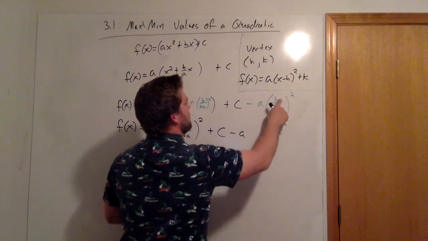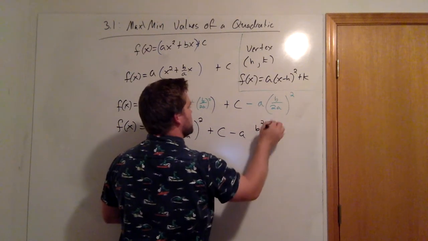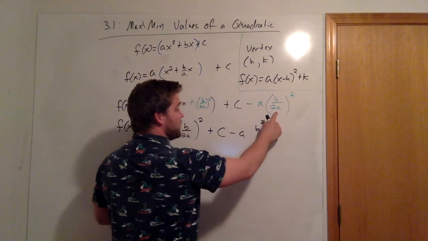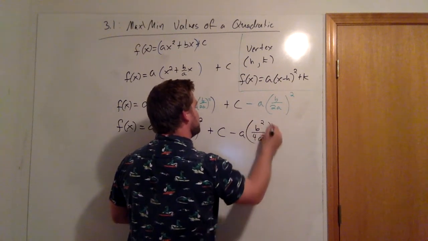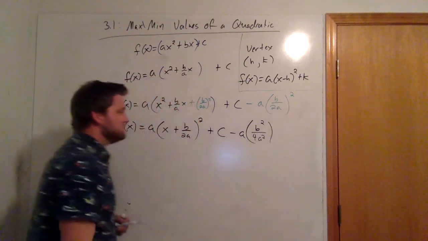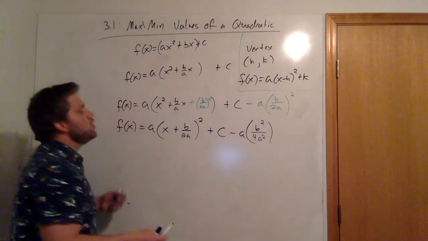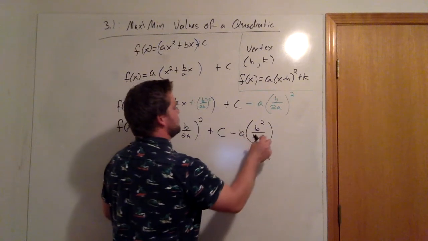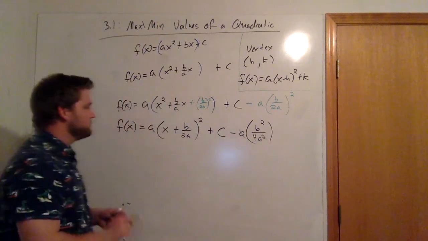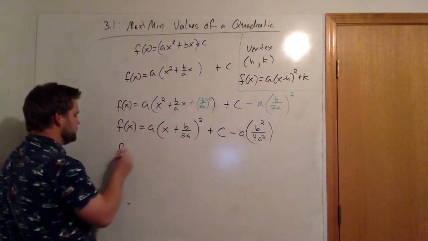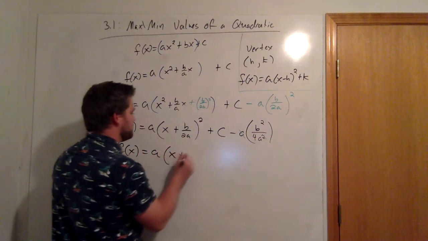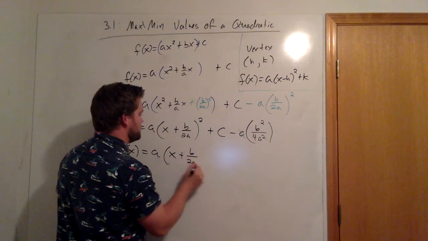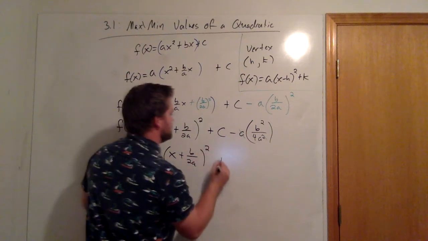I'm going to get b squared all over 2a squared. 2a squared will be 4a squared, so I've just squared what's in the parentheses. Now notice that one copy of those a's cancel. So I'm left with f of x is equal to a times x plus b over 2a squared plus,